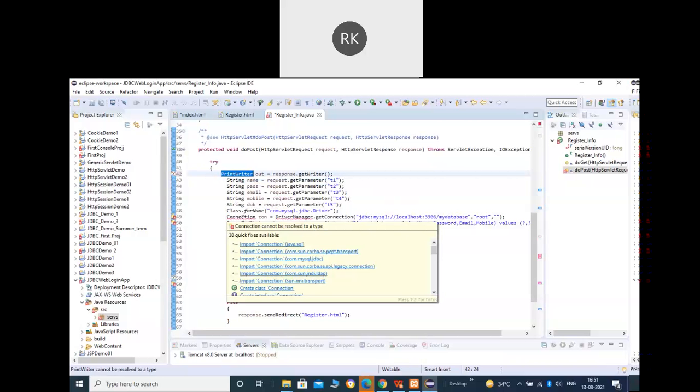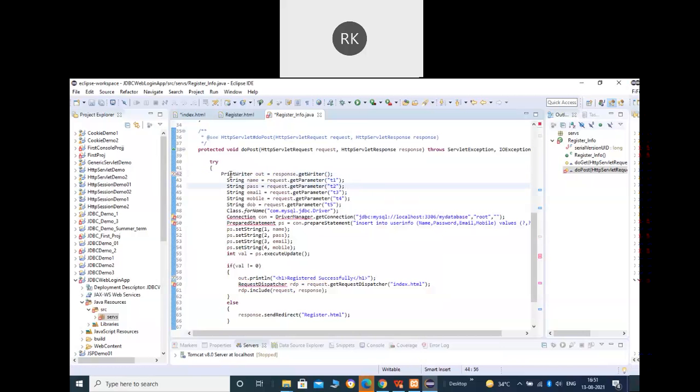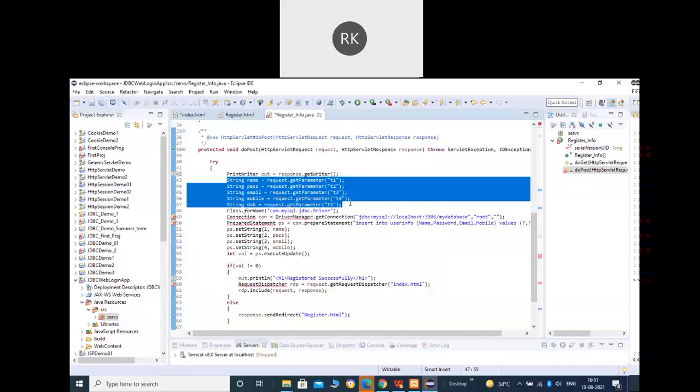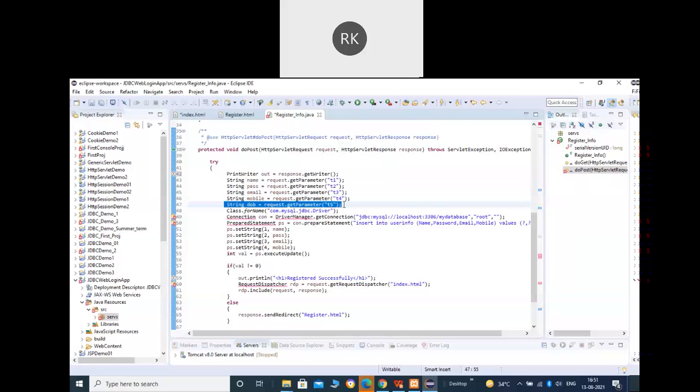All right. What we have left here. Okay, so let me import the required things, the print writer from the IO package. Because we need to put the data into the database, we have to do all the things that we have done in the case of console applications: make a connection with a database, and after that we can execute the queries. So you can see what we have done.